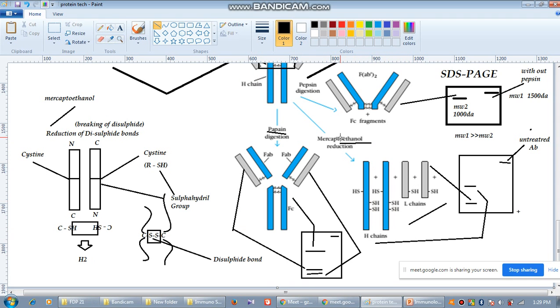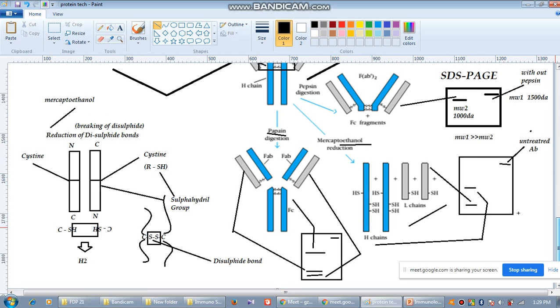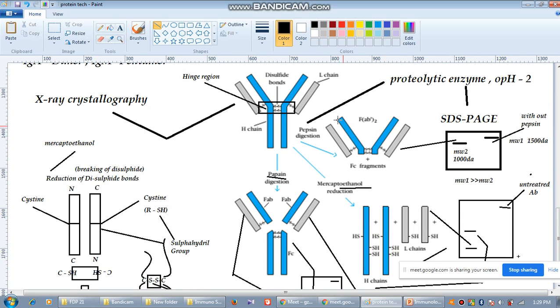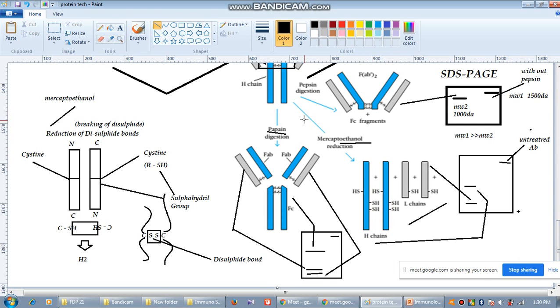The final outcome of the experiment is here. If we break down by pepsin, we get a large molecular weight segment which can bind with antigen. Therefore we call it the antigen binding site, or FAB, fragment antigen binding. Now, if we treat it with beta mercaptoethanol, we find 4